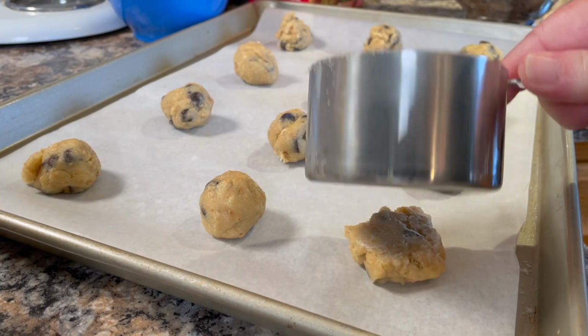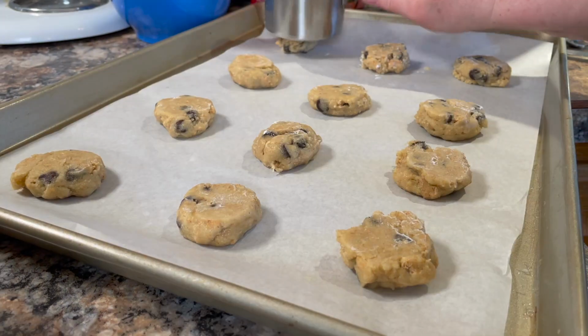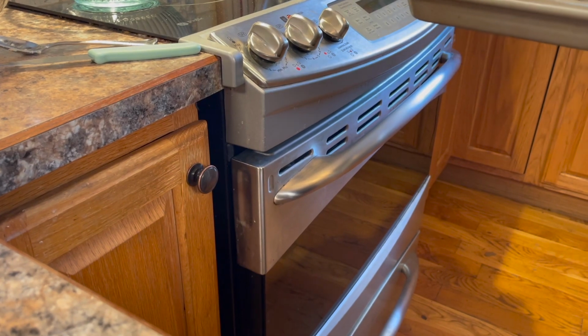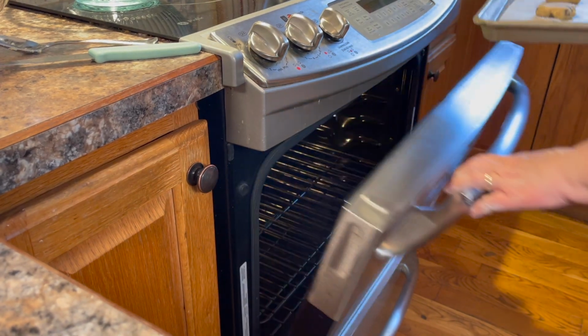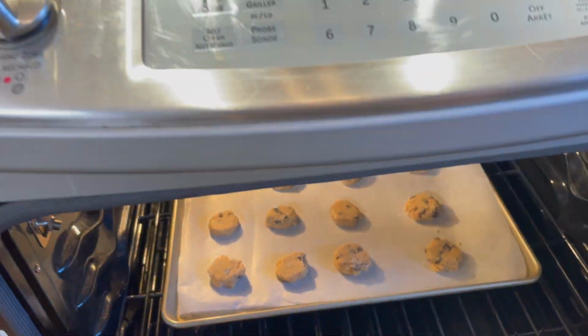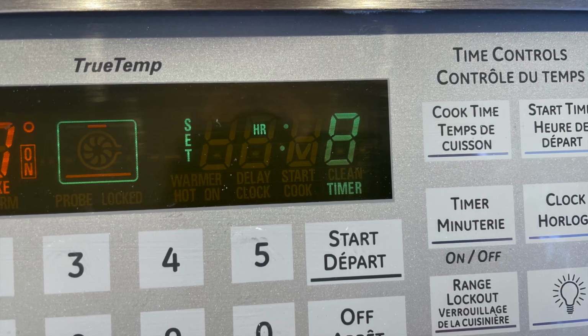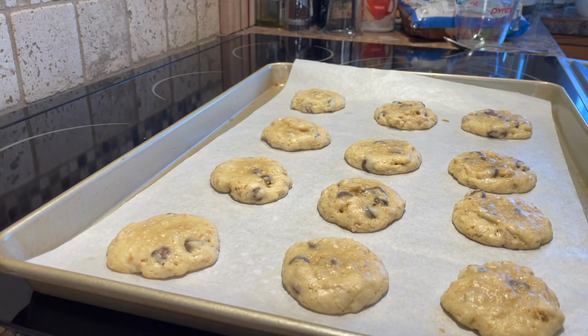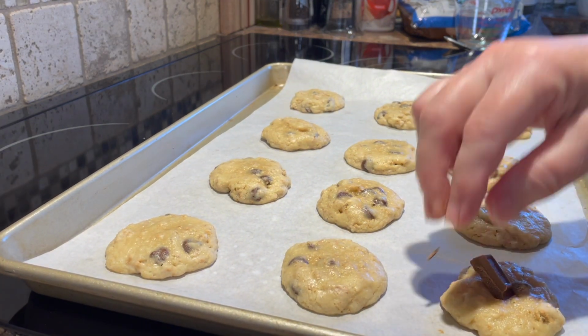Here I just floured the bottom of a measuring cup, and I flatten the cookies down a little bit. It just helps to once again make them a little bit more uniform and nicely shaped. Place them into a 350-degree oven that's been preheated for about 8 minutes. Set your timer, because once the 8 minutes is up, you remove them from the oven and they're not quite cooked yet,